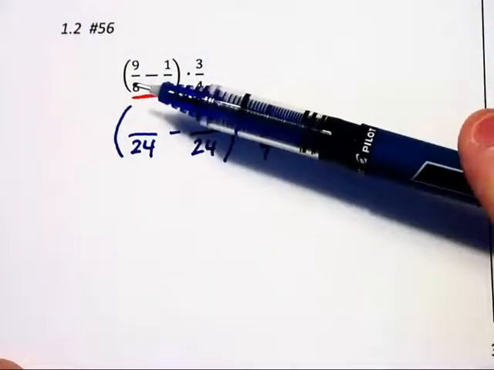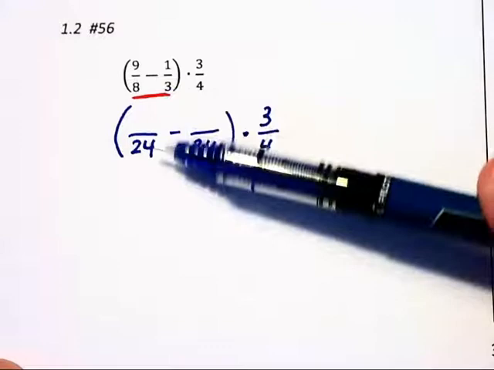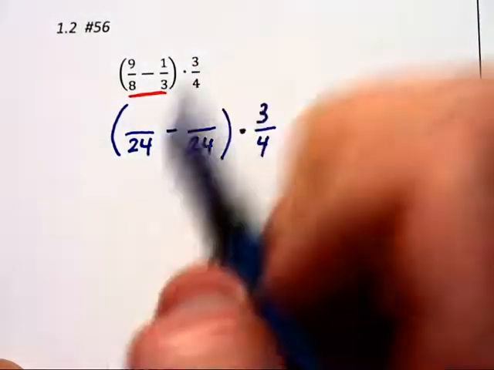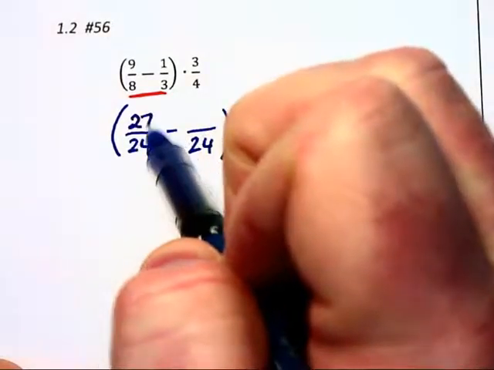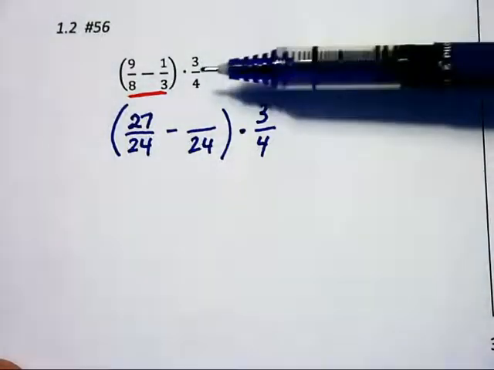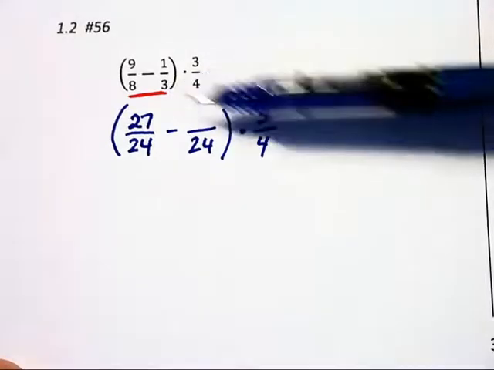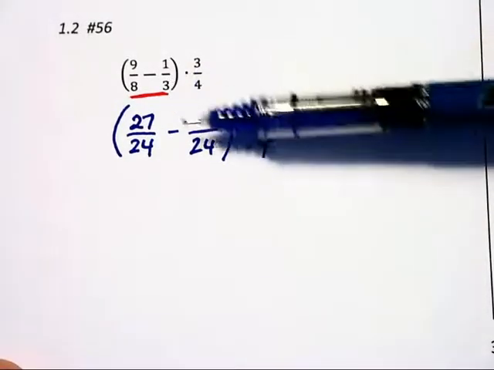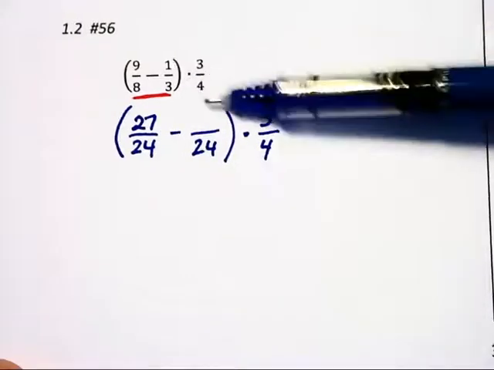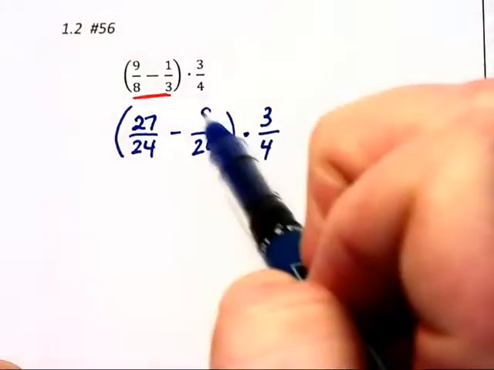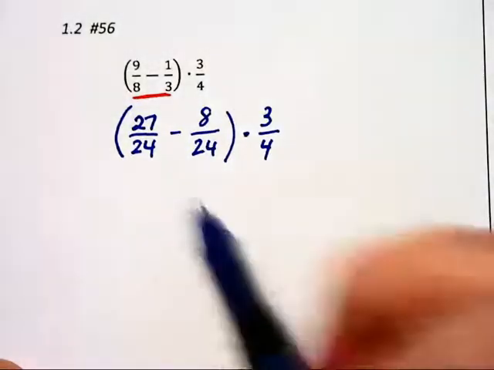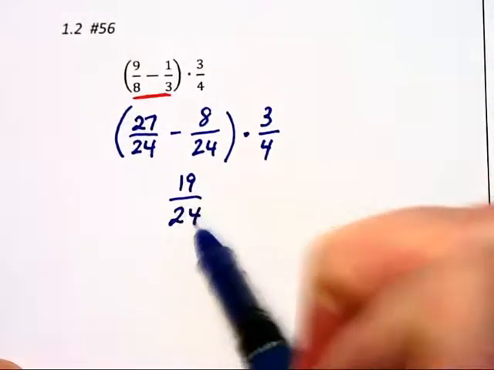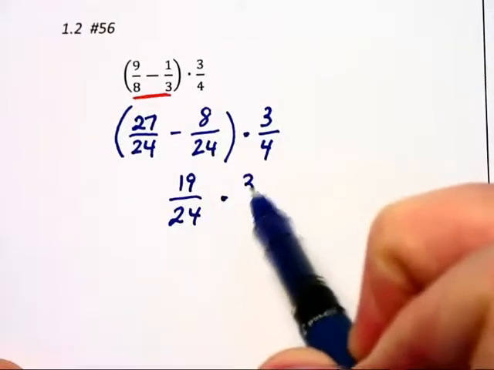Now in this first fraction, which had been over 8, the denominator got multiplied by 3, so the numerator gets multiplied by 3 also, and 9 becomes 27. Likewise, in the second fraction, to go from 1 over 3 into something over 24, the denominator is getting multiplied by 8. 3 times 8 is 24, so 1 times 8 makes 8. Subtracting inside the parentheses, we get 19 over the common denominator of 24, which then gets multiplied by the 3/4